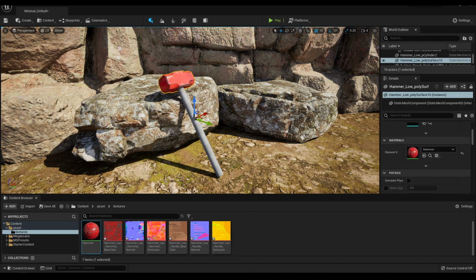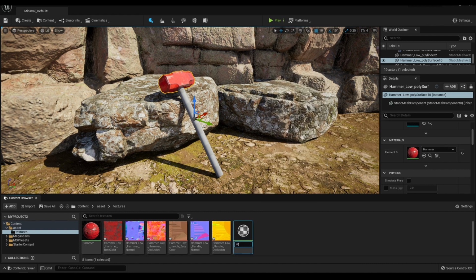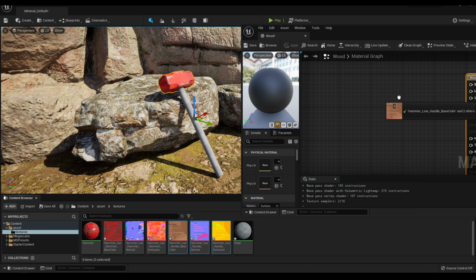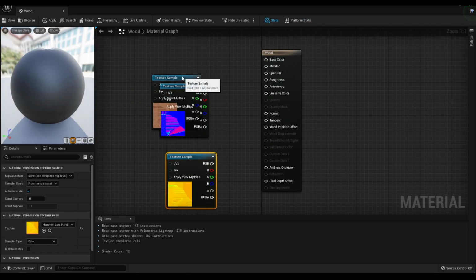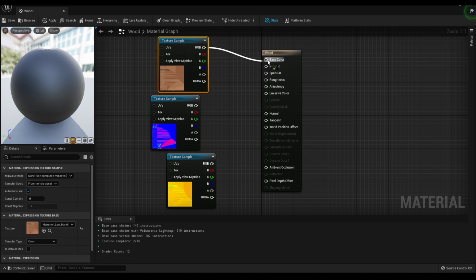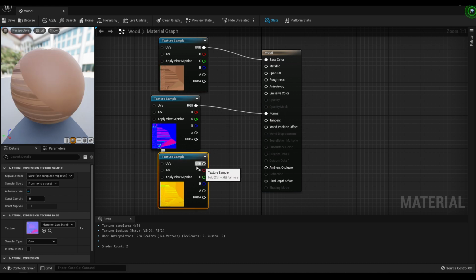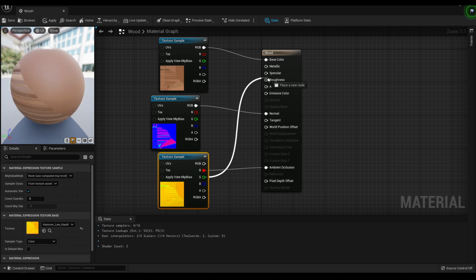Now let's create a material for this handle. Again right click and select this material. Rename it as wood. Then again open it and select this wood texture. Drop it in this material editor. And again connect your base color to the base color and normal to your normal. Then again we have this mixed map. So again connect your red channel to your ambient occlusion, green to your roughness,